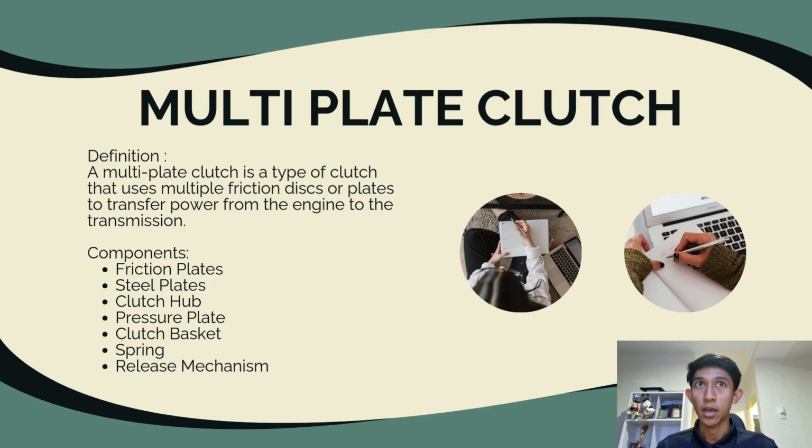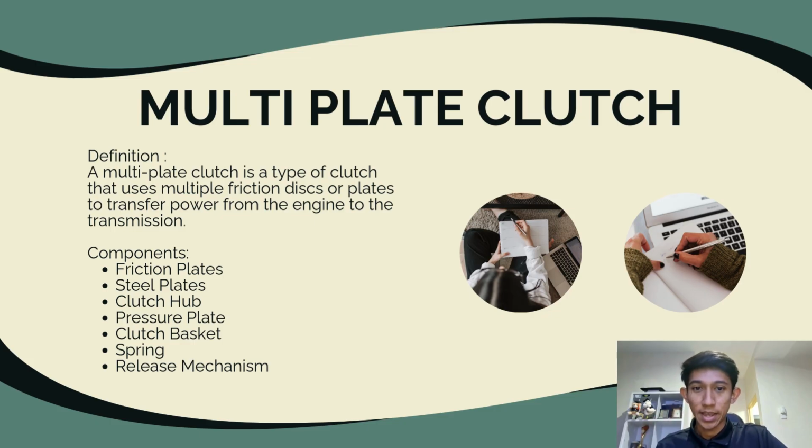As an example, motorcycles, racing cars, heavy duty vehicles, and industrial machines. So, what does the multi-plate clutch consist of, and what are the components of it? So, we have the friction plates. The friction plates are made of high friction materials, often lined with asbestos or other composites, and are responsible for transferring power between the engine and transmission by gripping the steel plates